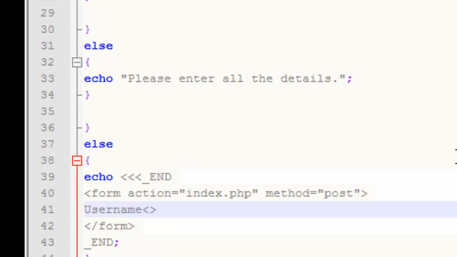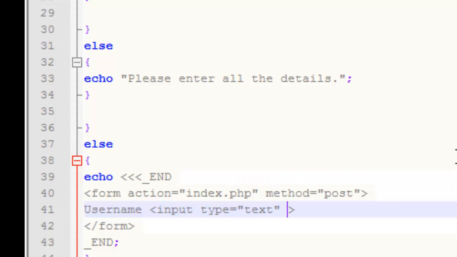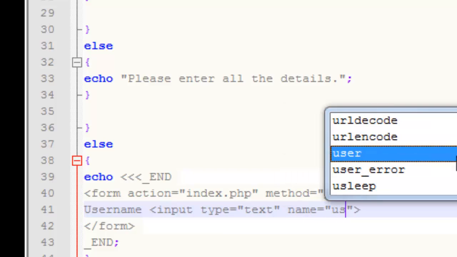Now we shall take our username, input type equal to text, name equal to user,